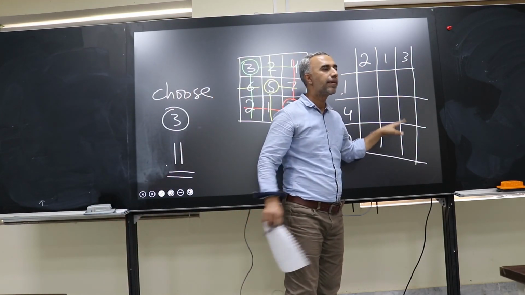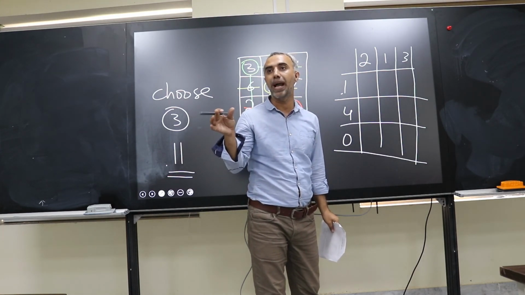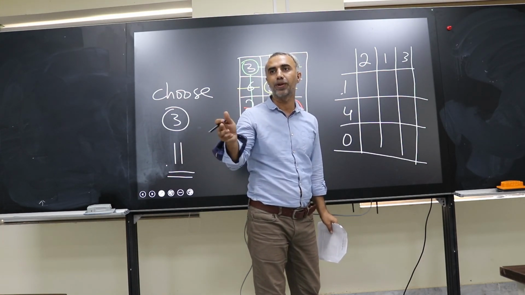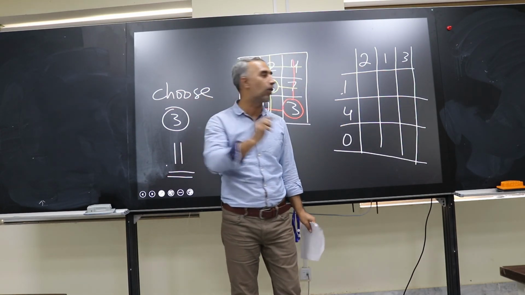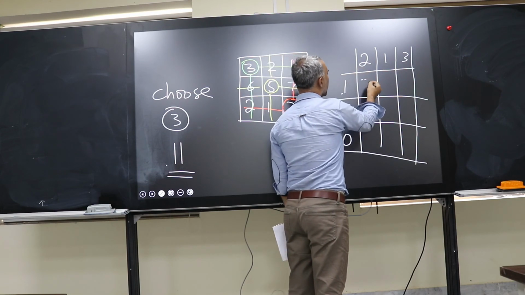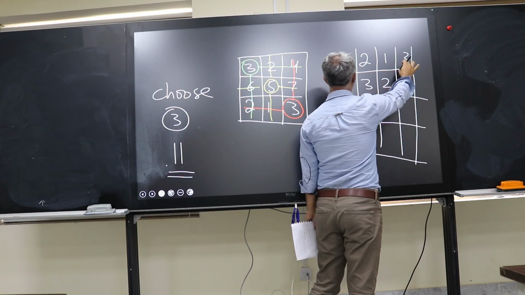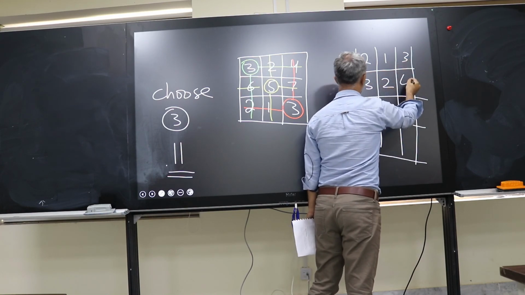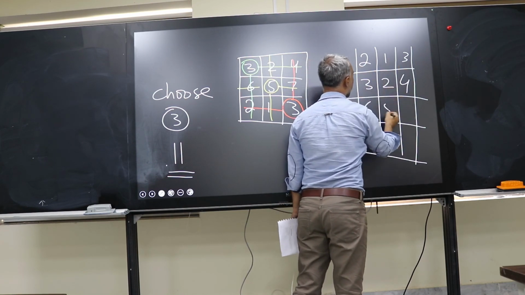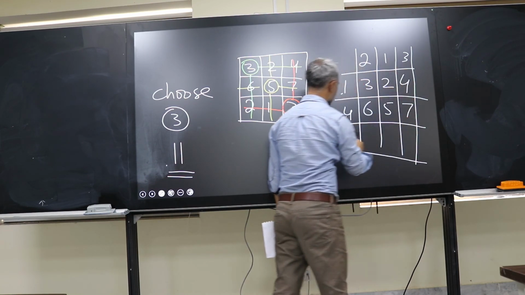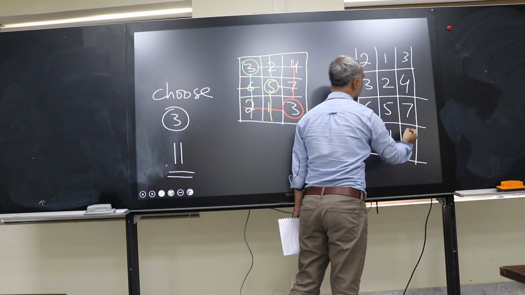No. But we know the matrix helps you predict the values. There is nothing here, but from the surrounding information we can recover the inside. How? 1 and 2, 3 add up. 1 and 1, 2. 3 and 1, 4. 4 and 2, 6. 4 and 1, 5. 4 and 3, 7. 0 and 2, 2. 0 and 1, 1. 0 and 3, 3.